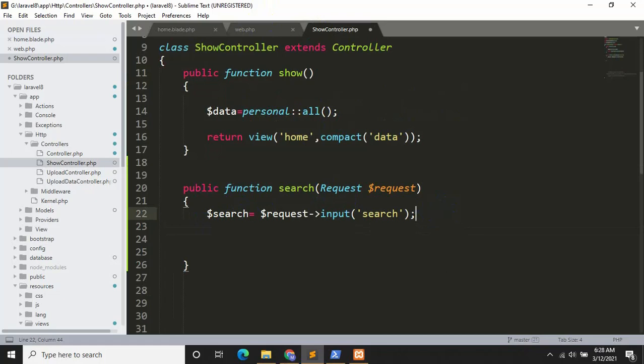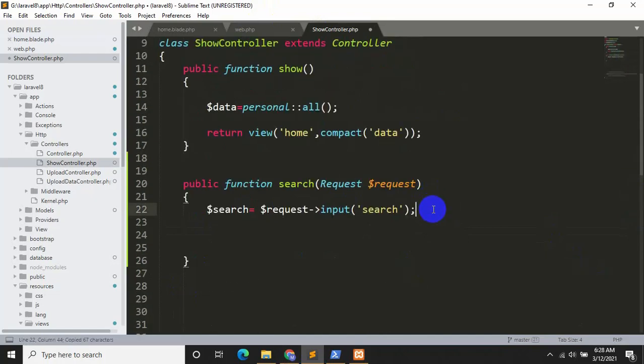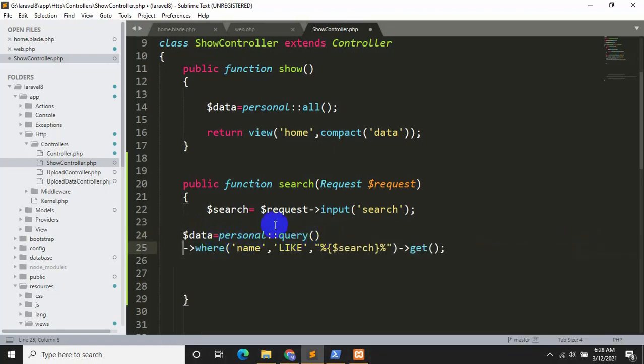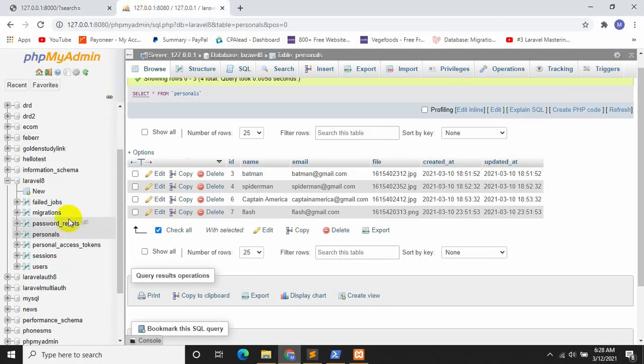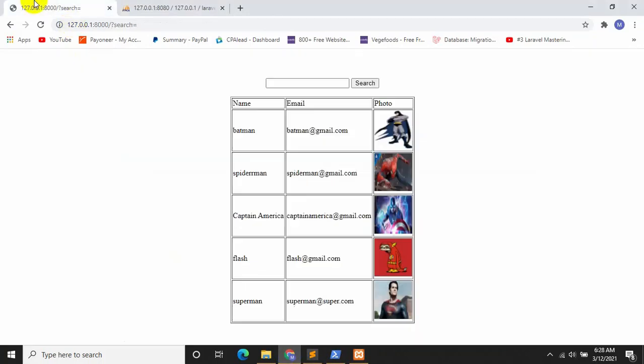Okay, so let's copy another line, which is this one. Control C, Control V. Here you can see that data equals Personal and then query. Personal is actually our model name, which is this one, personal, and we are using name to search our data.